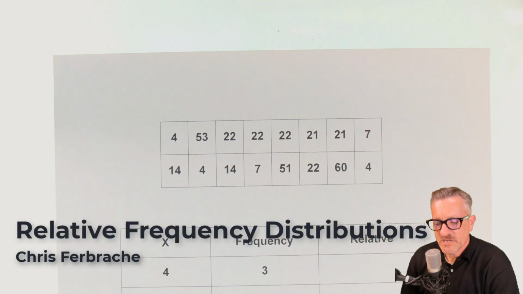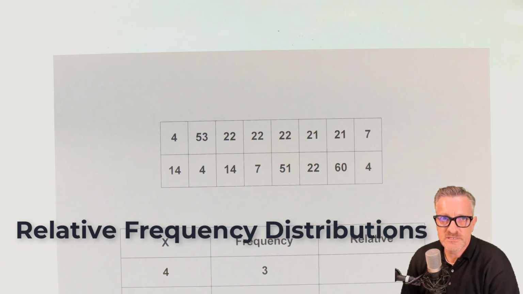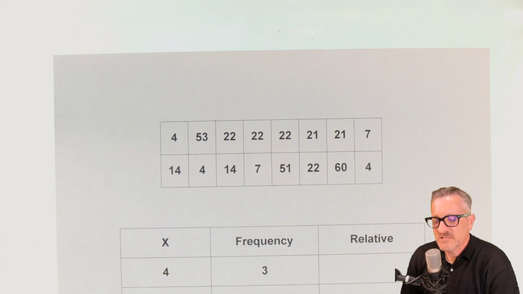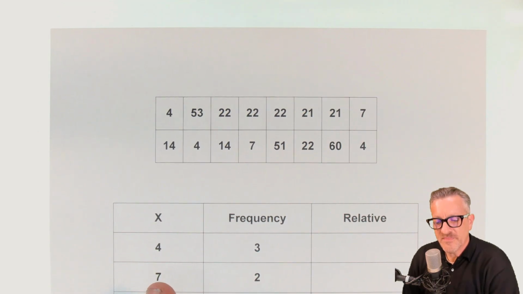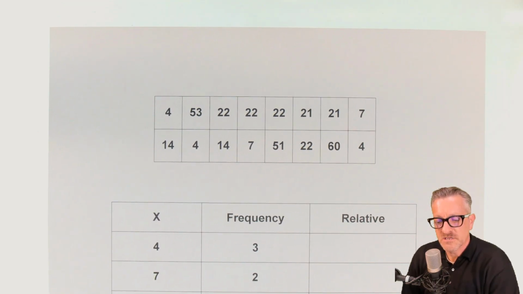This is Christopher Boucher, and I'm going to explain how to create a relative frequency distribution. If you have not seen the first video, which is the frequency distribution, I recommend you go back and take a look at it. So what I do in this video is I start off at the frequency distribution outcome